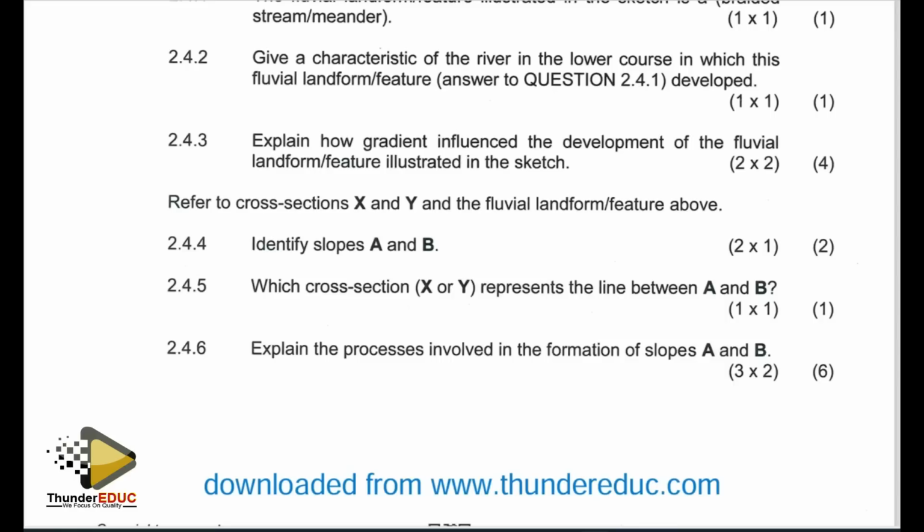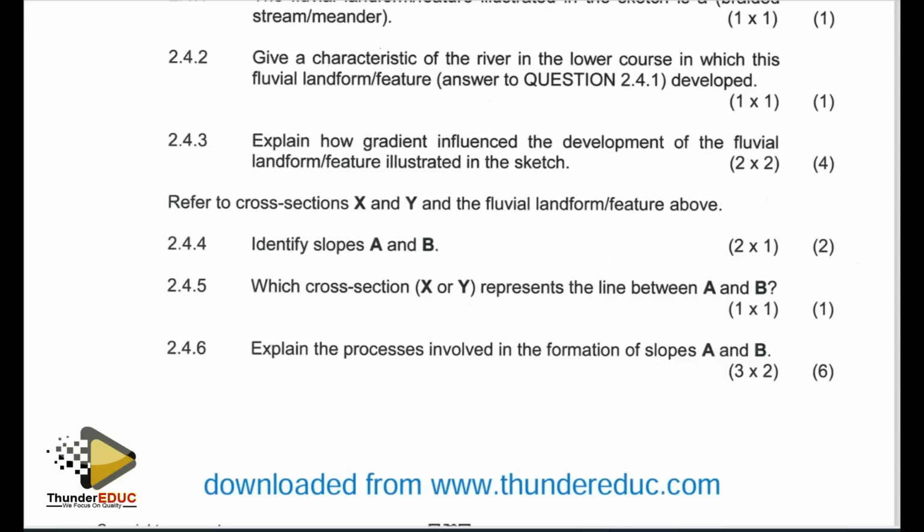So it starts from the gradient of the landscape, it's gently sloping, leading to low velocity of the river. Because of low velocity, the river deposits material and deposits sediment. As it deposits sediment, it starts to wind, avoiding such sediments. And as it winds, remember there is undercutting that is going to take place as it tries to avoid the load which it has deposited in its own channel. So it means the outer part where it is trying to avoid the load is going to be undercut by erosional processes, and the material is going to be deposited on the inner side where it is avoiding. And that process repeats itself until the river has a winded channel or has a meandering channel which is bended.